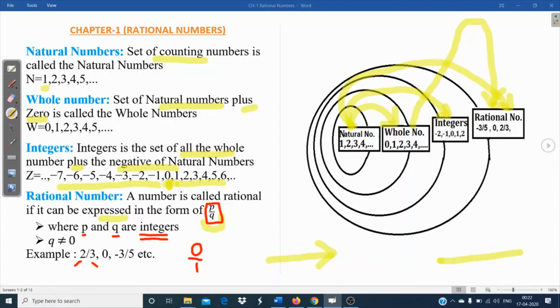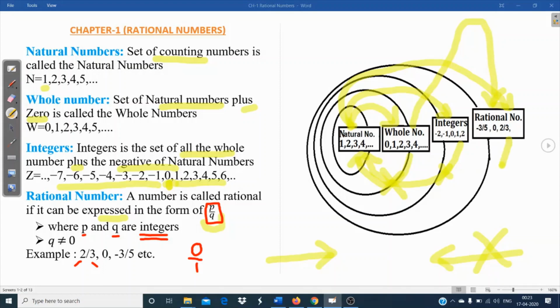But whenever you are coming from right to left, meaning you are traveling towards the leftmost direction, all things will be false. Now if I say all whole numbers are integers, this will be wrong, because in whole numbers 0 is there, and we cannot say 0 is a natural number. Similarly, if I say all integers are natural numbers, that will also be false. Integers contain certain negative numbers, so they cannot be considered natural numbers.